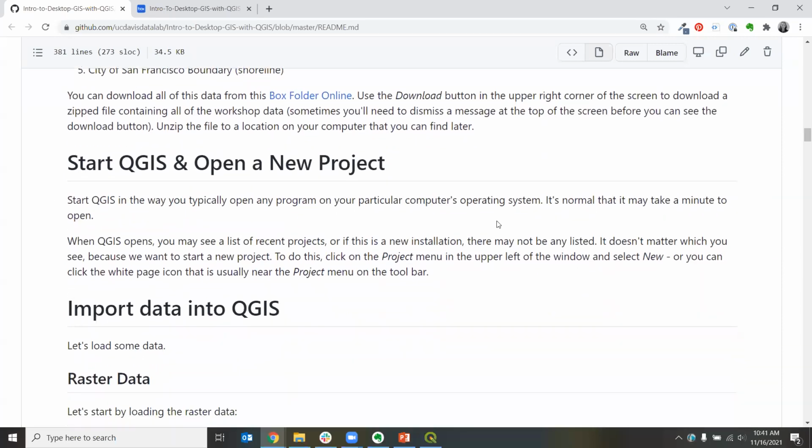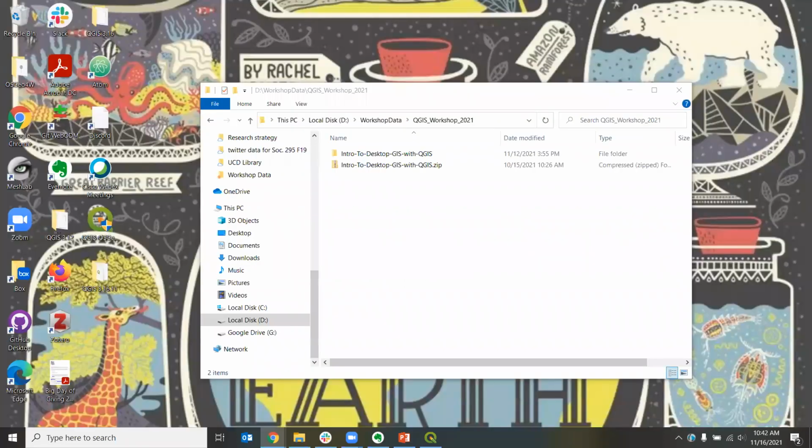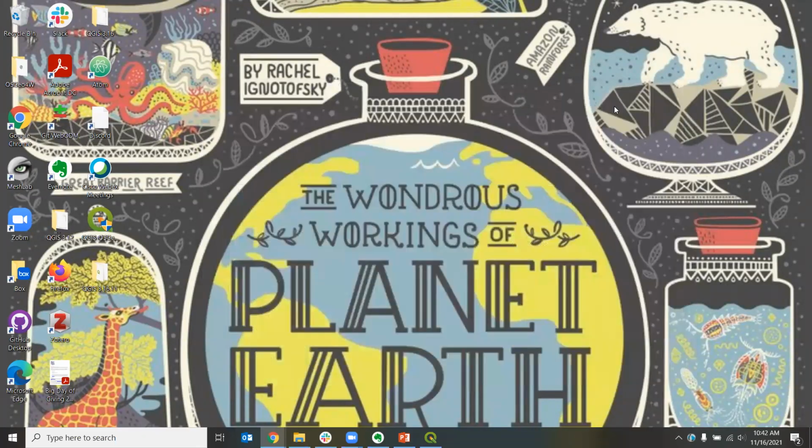So I'm going to go ahead and move my instructions over to the other screen. You can keep them open if you want to follow along, because these are the materials I will be using. To get things a little bit rearranged. Okay, so first thing we're going to do is start QGIS and open a